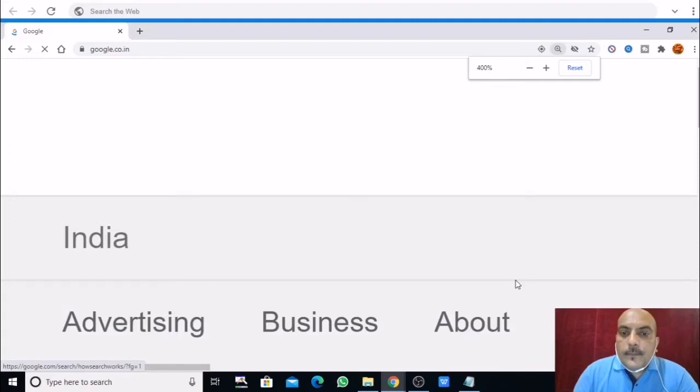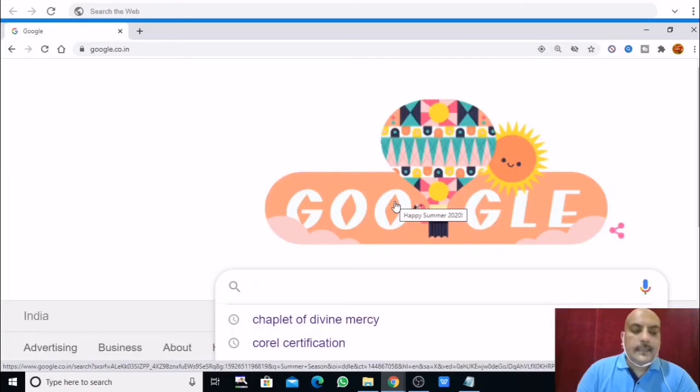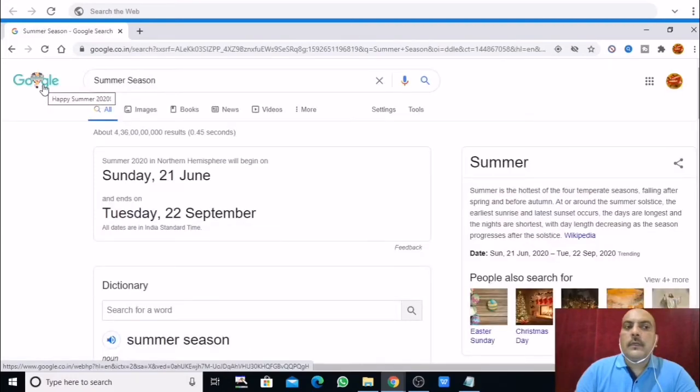That is one of the identities of hyperlink content. When I click, it takes us to some other page with a description of a game about summer. That was the doodle of Google, which is hyperlinked. So this is an example of an external link.